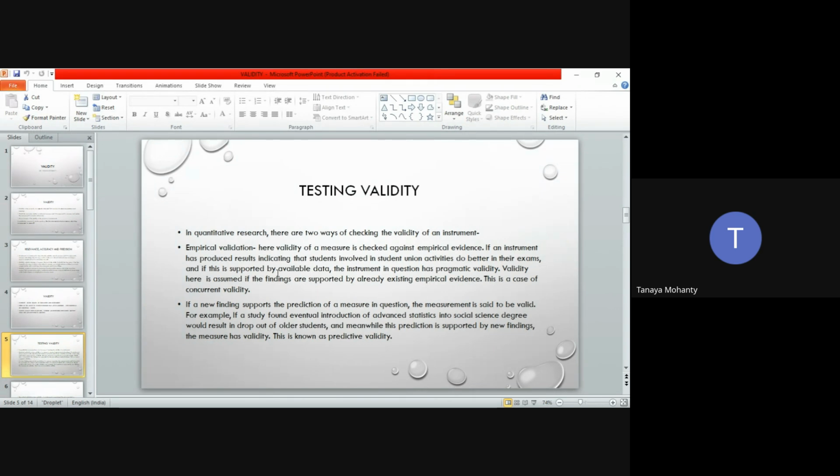They have introduced advanced statistics, advanced mathematical models, and more quantitative models in this course. So, the age old tradition that sociology is an easy discipline, anybody can read it and digest it, that will go away. You make such a prediction, and then you go for this kind of a finding, and you will see that it has been proved to be correct. So in this scenario, it can be called predictive validity.